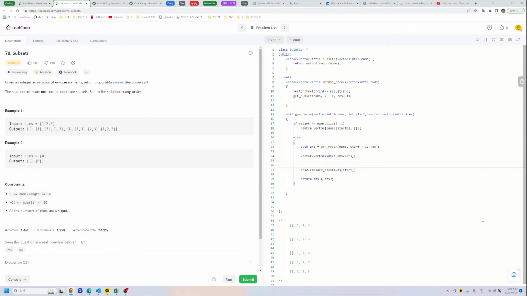I don't know. So if nums that size, say this is nums that size,